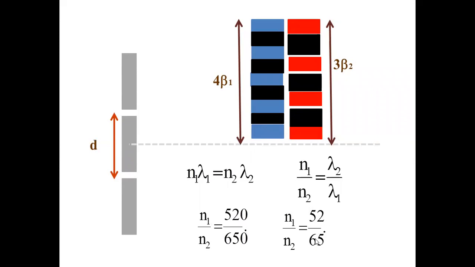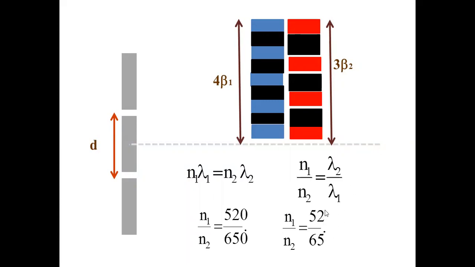52nd fringe of 650 nanometer and 65th fringe of 520 nanometer are formed at the same place. For 520 nanometer, the lesser wavelength, more steps are required. Understood? Suppose the answer last time was 4 by 5. It was the 4th fringe of the larger wavelength and the 5th fringe of the smaller wavelength, right? If you have kept 4 steps, then your foot length is less. If your friend has kept only 3 steps, your friend's foot length should be more. That's all. Very simple conclusion.